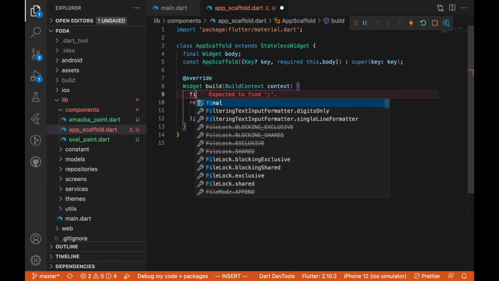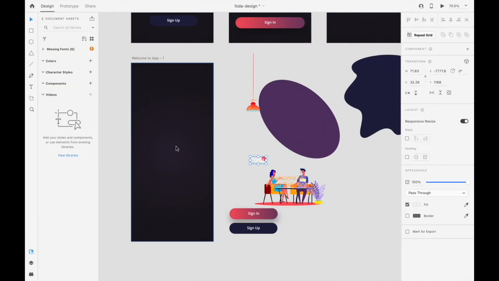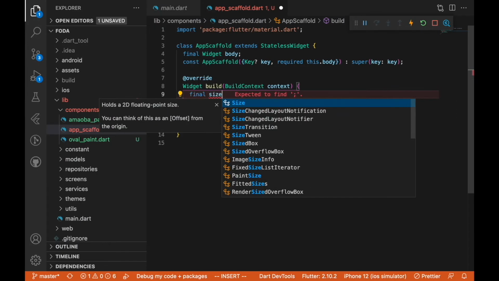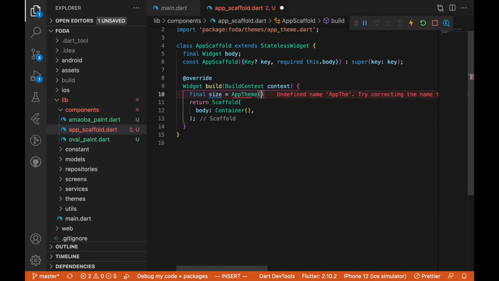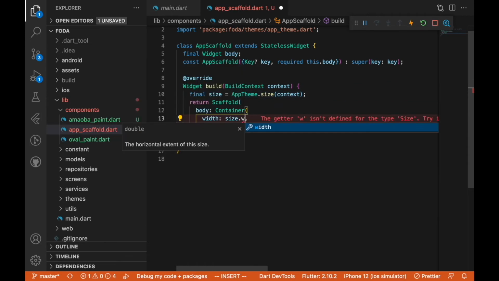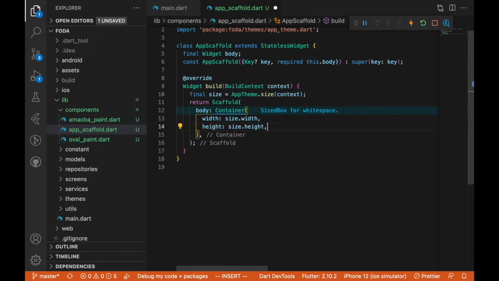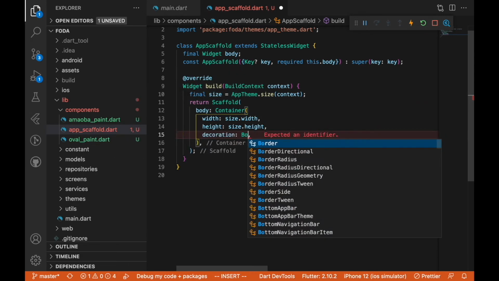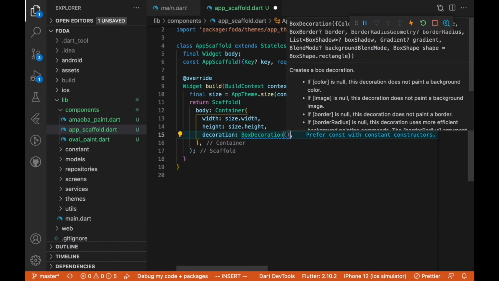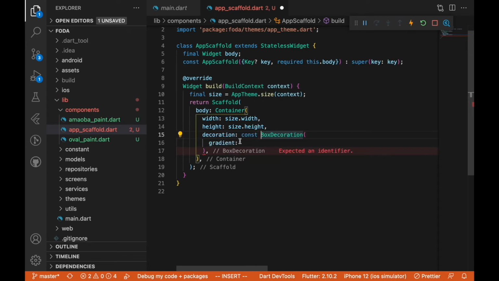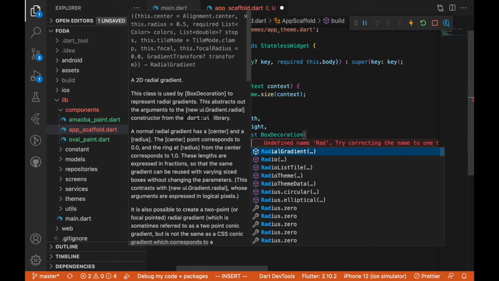So this container will help us to create that gradient fill which we have here, as you can see on the screen. What else we are going to do, we are going to get the size of our screen using the theme class, and we are going to get the size from the context, and here we are going to pass in the width, we are going to pass in the height, and we are going to have decoration which is called box decoration here, and we are going to have this gradient fill, and this is going to be a const, and we are going to have this radial gradient,